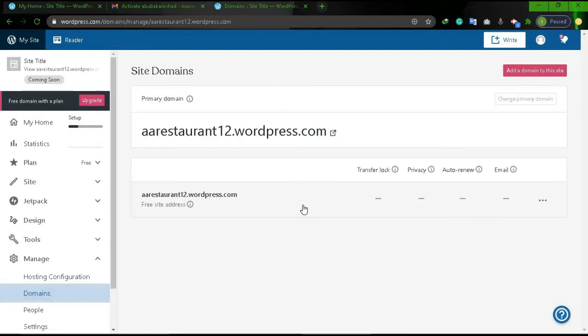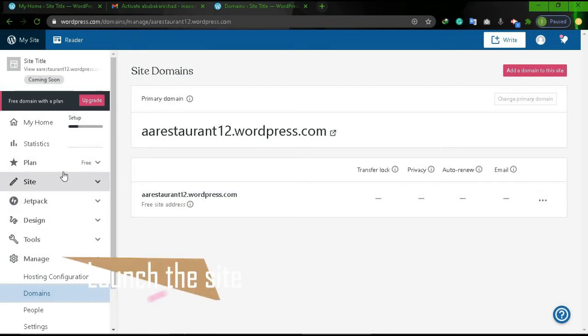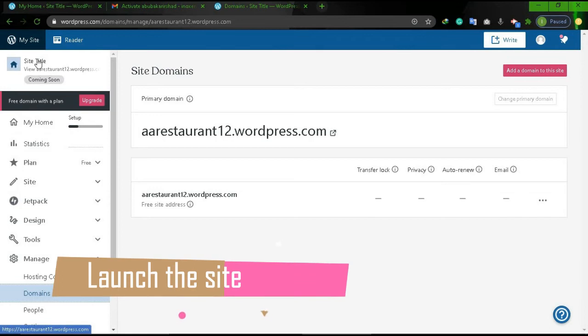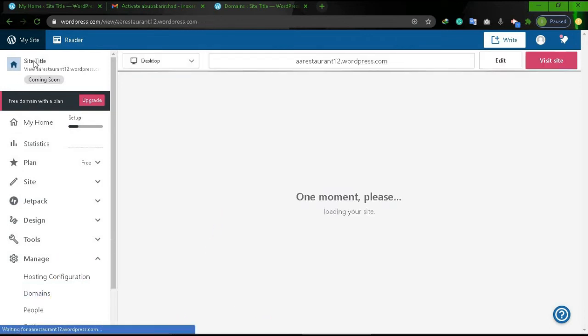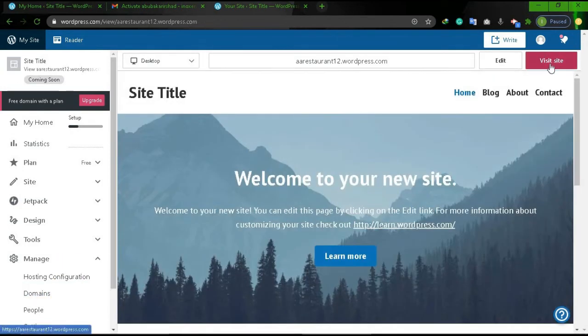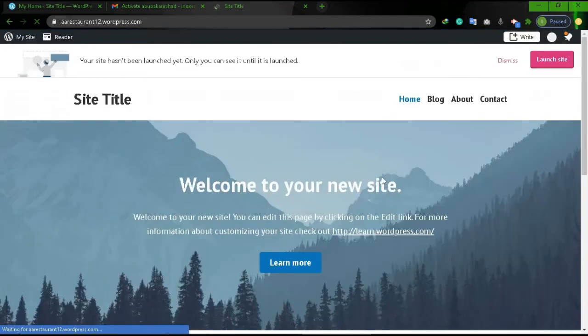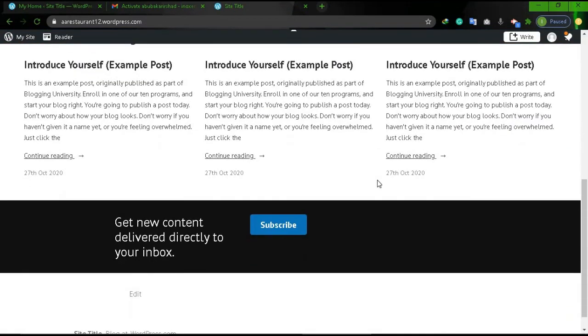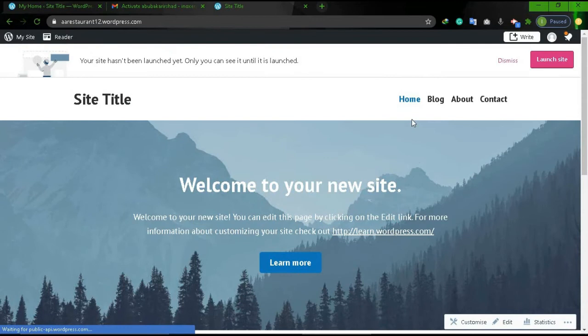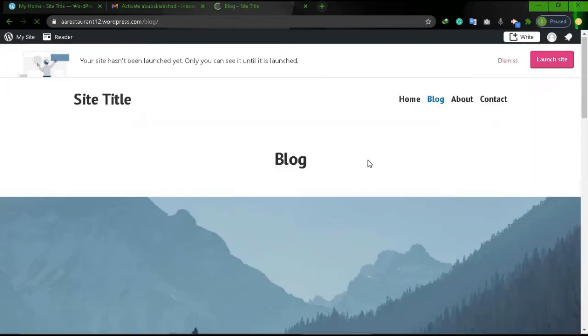After changing the domain name, we have to launch the website. To launch the website, we have to click on this and visit site. This is our website. This is our home page, blog page, about page and contact page. Click on launch site.